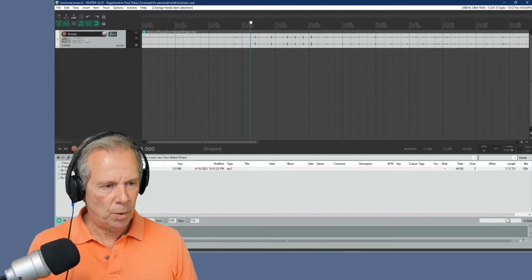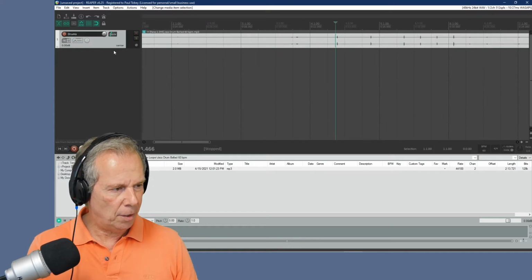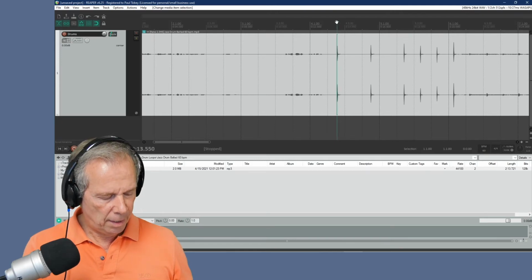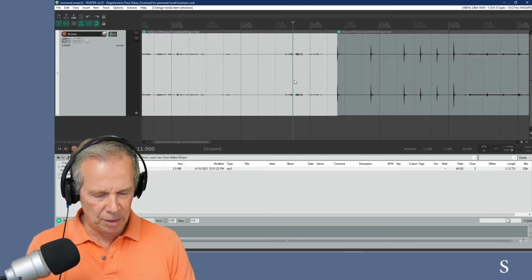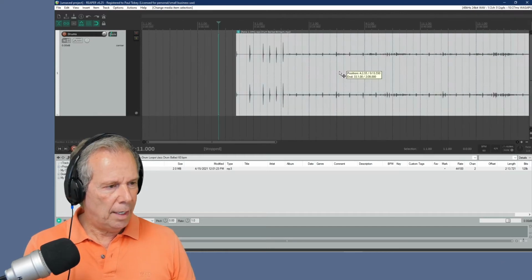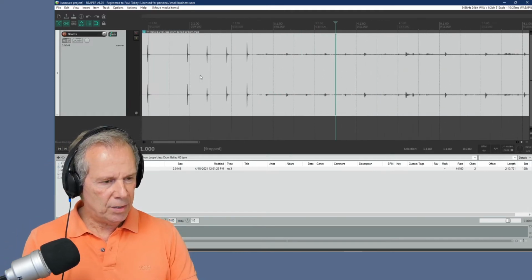So obviously we want to get our cursor to the beginning of that, and we can actually make this bigger, not only there, but there as well. Get it right up to the edge of that, right there, and just hit S to split the track and delete anything that came before that. And let's pull that all the way over to the beginning, and you can see that it's still not lined